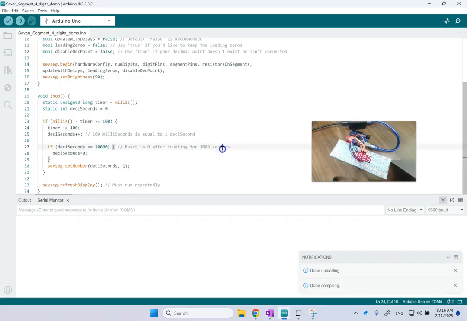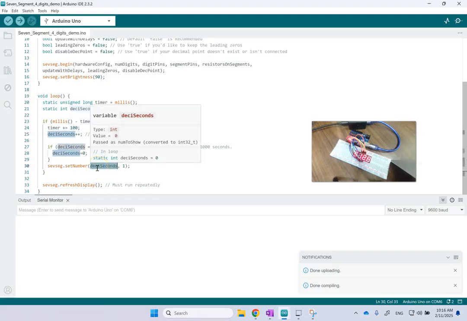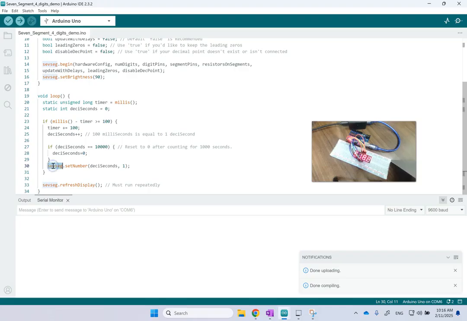Go back to 0 after 1,000 seconds, only update the first decimal, and then show the deciseconds, whatever it is, which is so many seconds plus the first decimal, on the 7 segment. So you see, this is your main function. This is the one that does the display. All you need is to pass a number to it with 3 numbers before the decimal and 1 after, and that's all it does. Basically it shows that number on the 7 segment, and then it has this other function, refresh display,